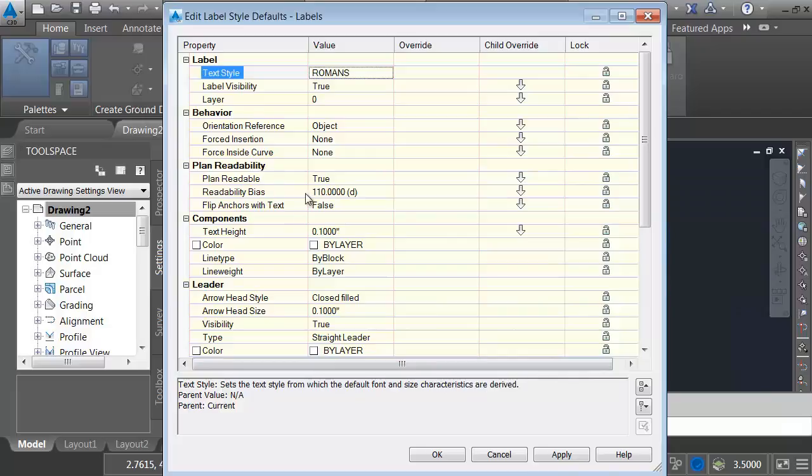Under Plan Readability, right here we have Readability Bias, 110 degrees. That controls the readability of our text as it's rotated. Based on the current setting, it'll actually go upside down a little bit before it flips over. So I'm going to click in here and I'll assign a default rotation of 90 degrees, and I'll press Enter. Coming down a little further,